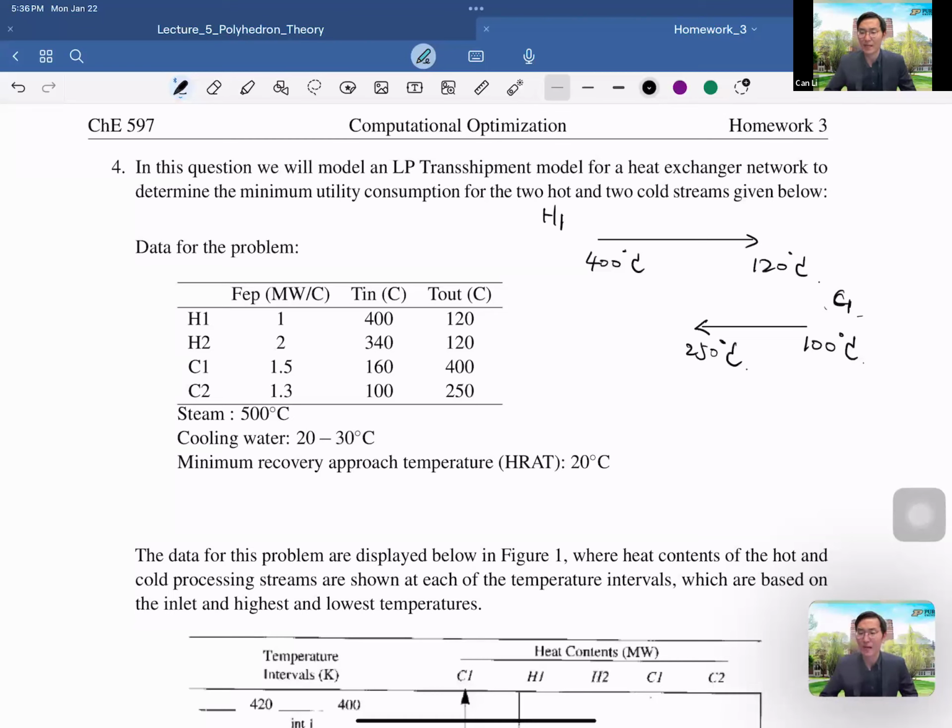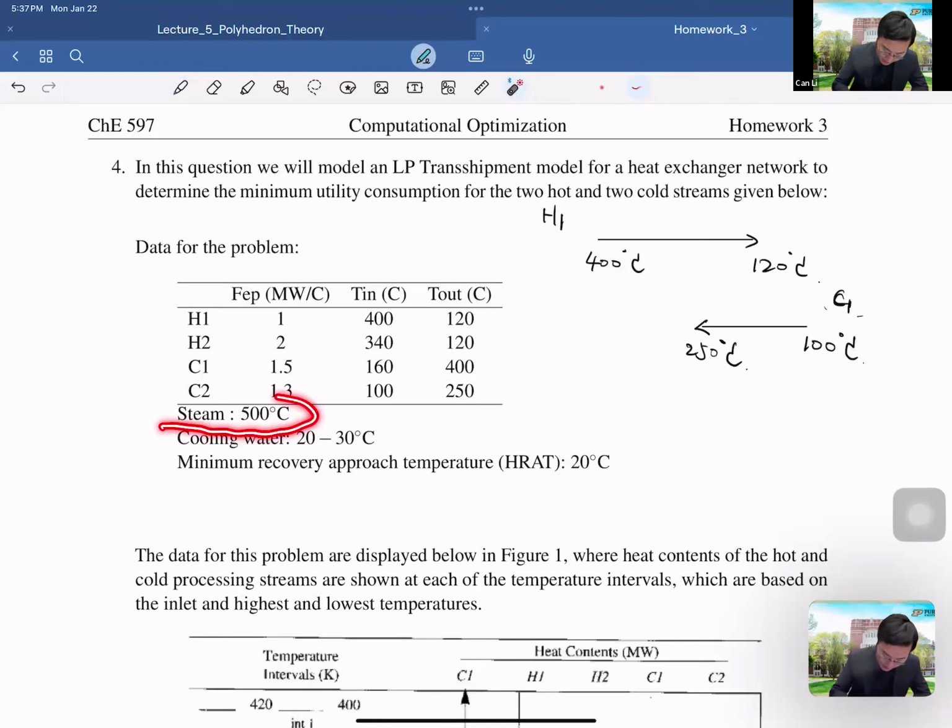Okay. So one of the options to increase the temperature of the stream is to use some heating mechanism. For example, you can produce some high pressure steam. Of course, if you want to produce high pressure steam, you need to burn some fossil fuels like natural gas or oil, right? But besides just using the cooling water or the steam, as you can see here in this